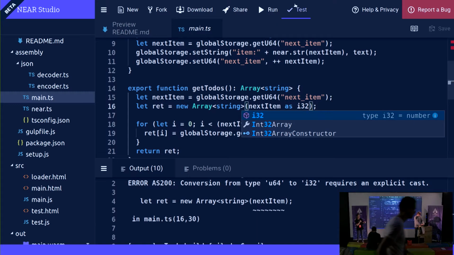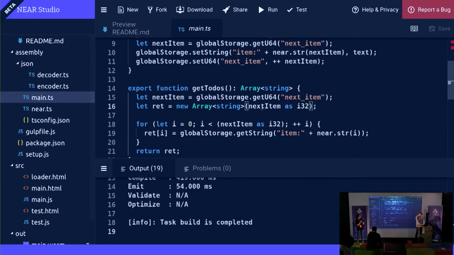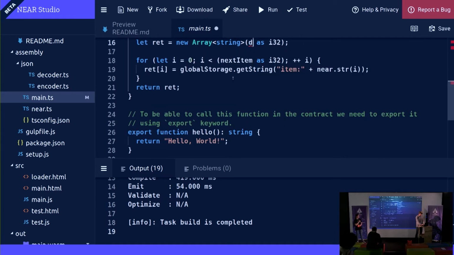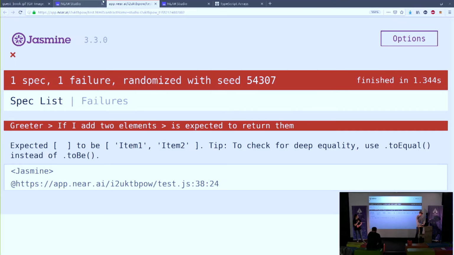And then the tests are going to actually run against that instance of the contract. So the compilation error was that next item was uint64, and for array size and for the for loop, it expected u32. So now that this is fixed, the test doesn't pass, it returns an empty array.